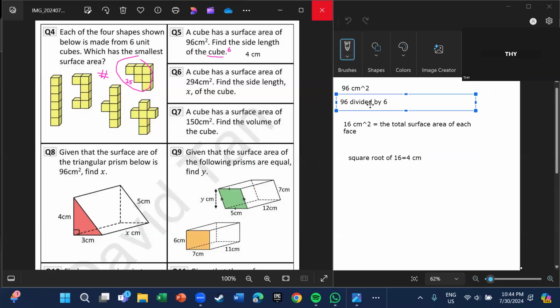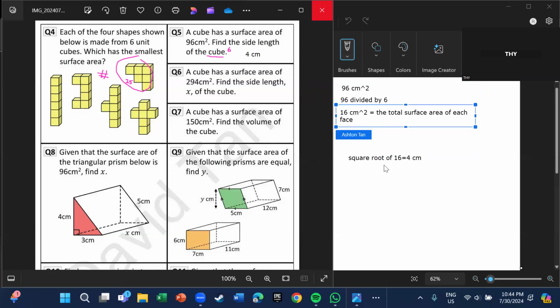Understood. Alright, so pretty simple stuff. Second one, similar things. It's asking you, a cube has a surface area of 294 centimeters squared. This is the total surface area. Same thing as before, find the side length, but this time we have to label it as x. So x would be equivalent to